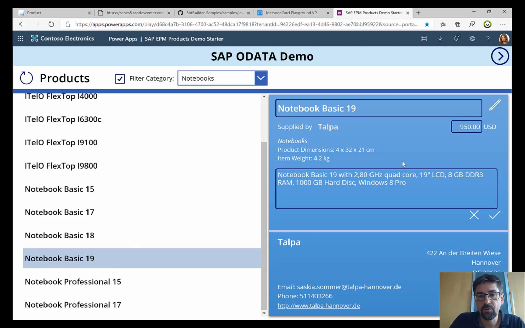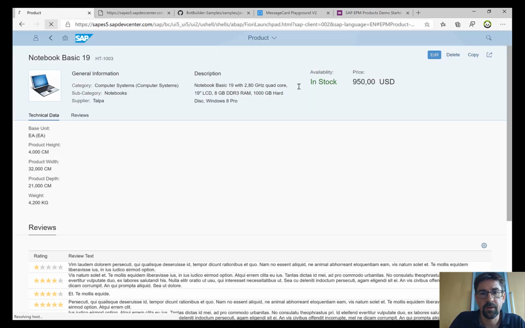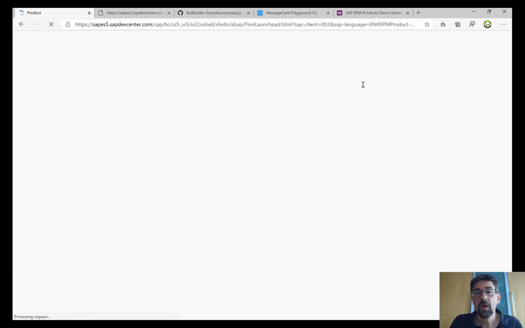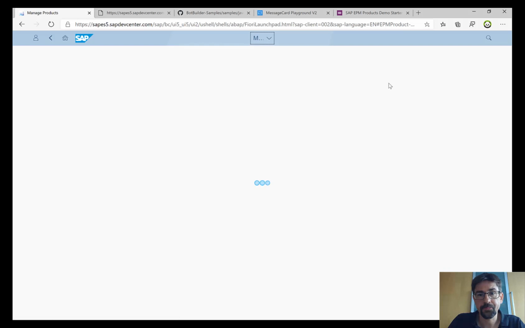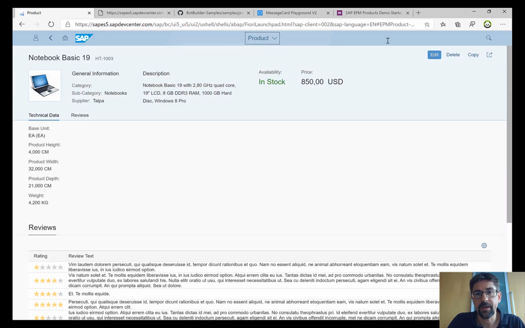And just to show you again, we'll focus on the price. So by now we have almost reduced the price. I can just do this also from this Power Apps and update the information in my SAP system. So again, if I just refresh this page here, then the price should also be adjusted accordingly here in SAP Fiori. So what I quickly want to show you is actually how to work with this Power Apps concept. And just wait till we get the price back here. So here we have the 850 now.